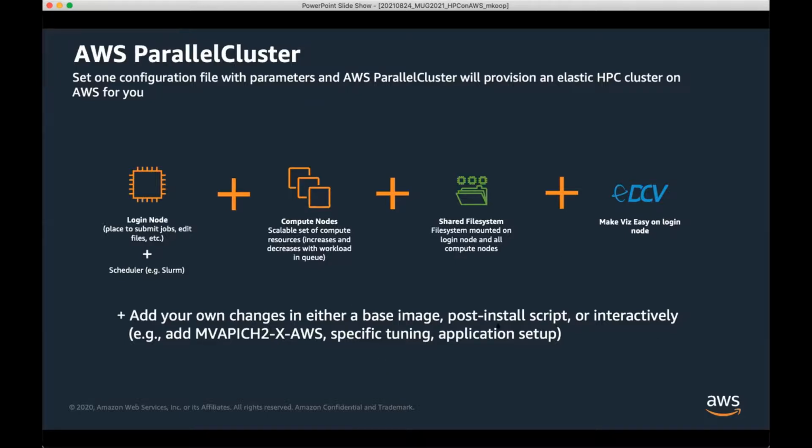It's also very extensible. It's actually an open source project. So you can edit directly, or there are a number of configuration ways where you can change a base image, post-install script, interactively add different things. So if you want to add a specific version of MVAPICH2 or a specific tuning, you can have those all automatically set up as well.